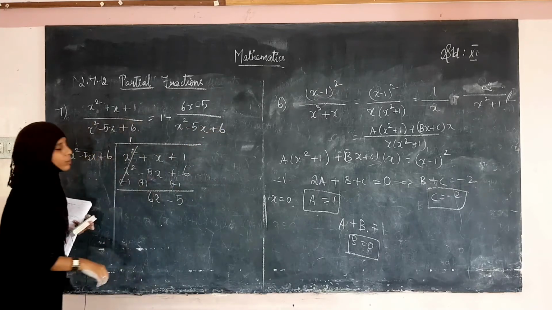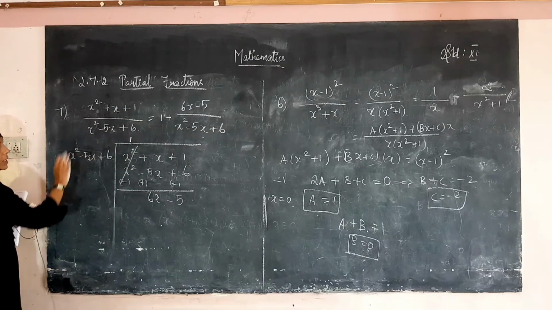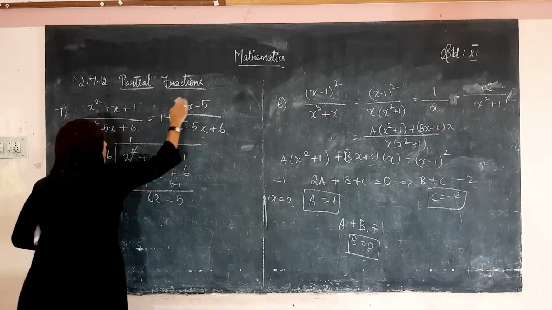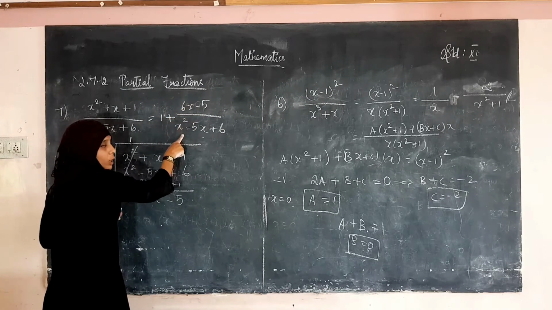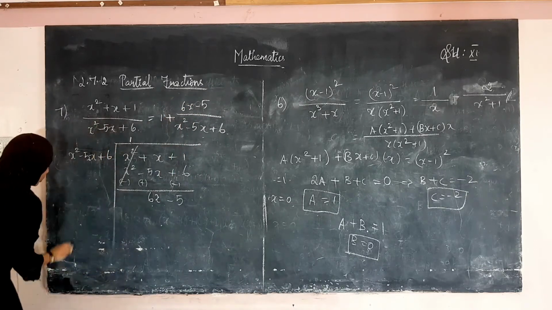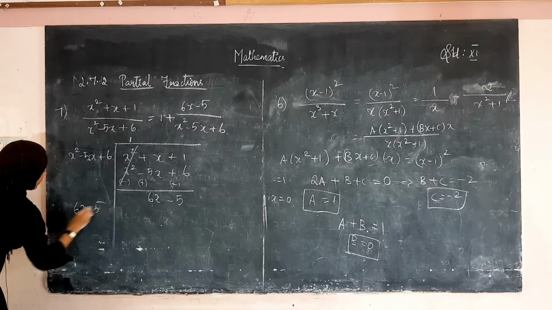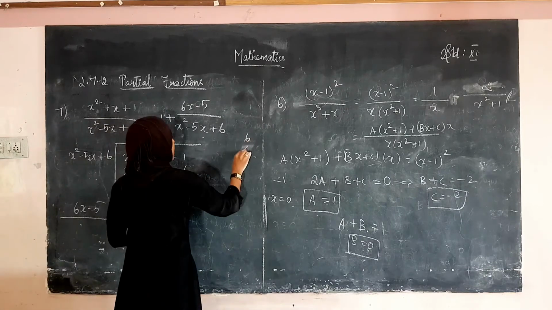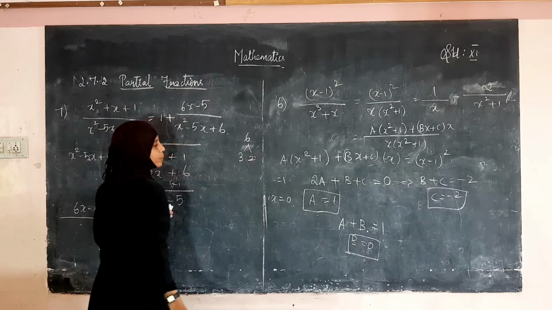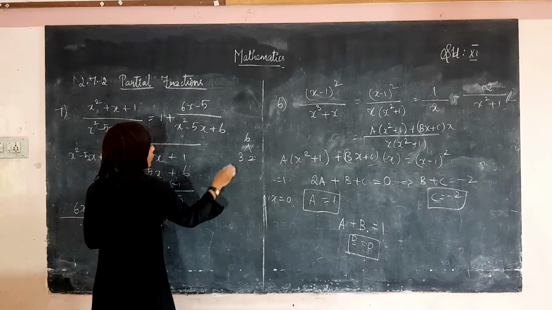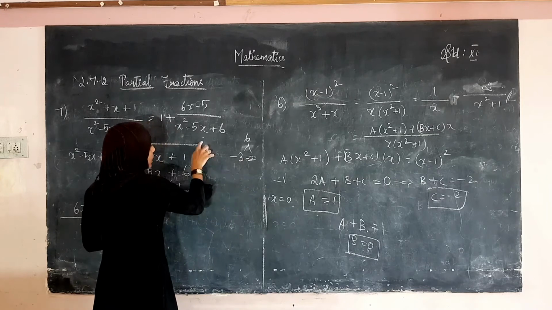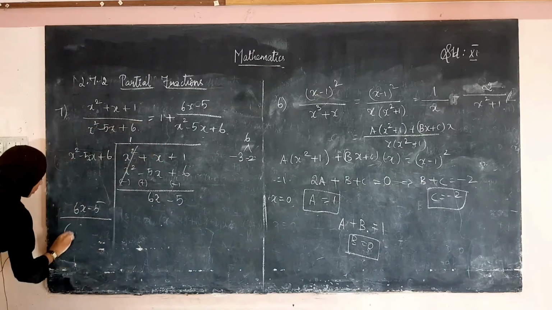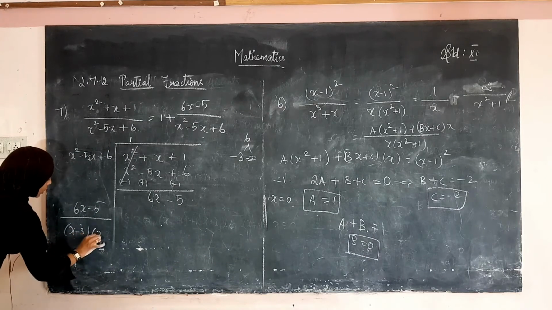We are writing this in the format of mixed fraction. So, this is resolved as 1 plus this. Now, we have to resolve this alone. See this, here degree 1, here degree 2. So, it is less than. So, 6x minus 5 divided by x square minus 5x plus 6. How can we resolve this? 3 into 2. Right, 3 into 2, so minus 5, while multiplying we get plus 6. So, this can be factorized into x minus 3 into x minus 2.